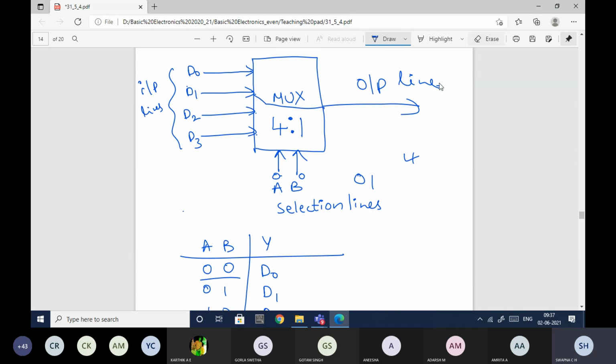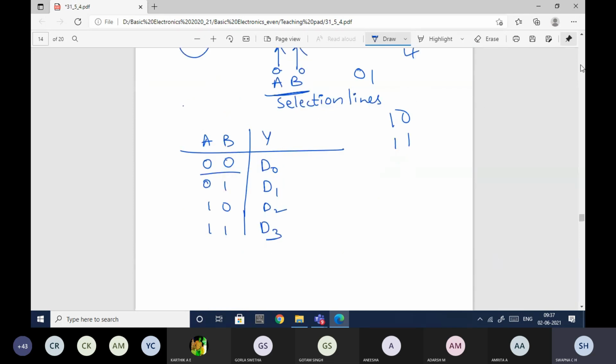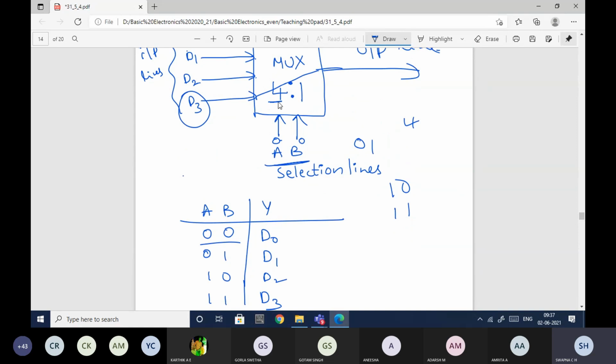If 1 0, then the switch will connect to D2. If it is 1 1, then the switch will connect to D3. Whatever information is present in D3 will be passed. This is 4 input, 1 output, so we represent it as a 4:1 mux.